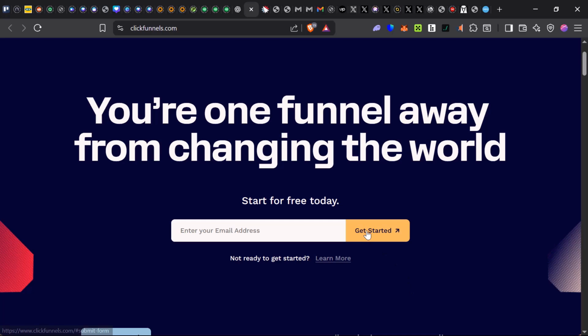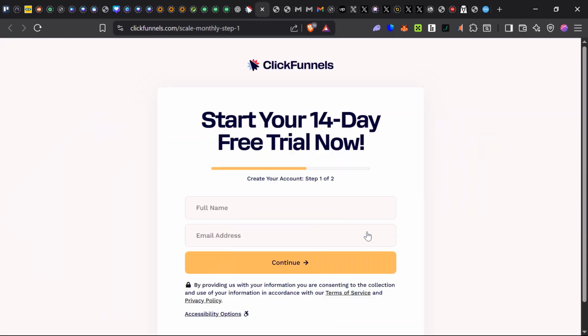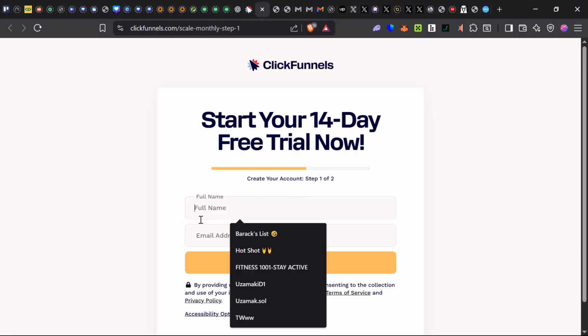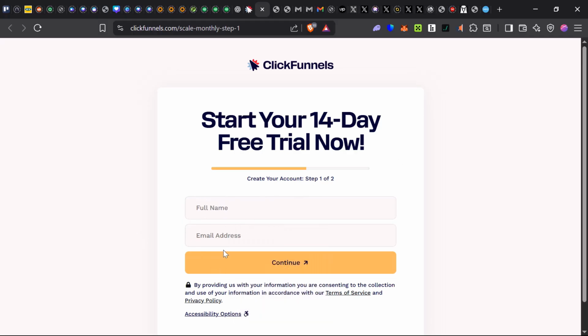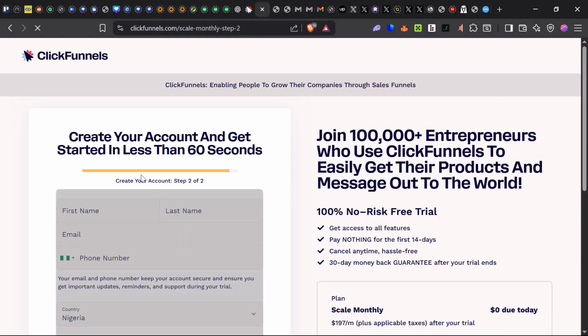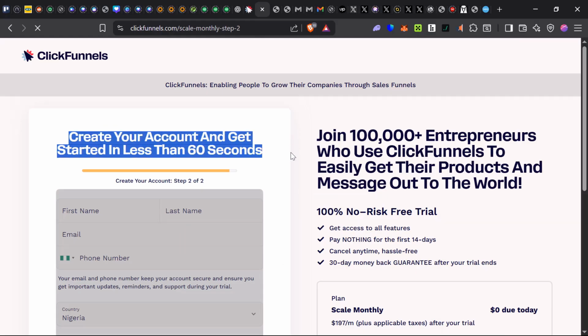All you need to do is go ahead and click on get started here, and you'll be taken over to this page where you start your 14-day free trial. So go ahead and create your account. You're going to have to enter a full name and then enter an email address and click on continue. Make sure to read their terms of service and privacy policy. I'm going to show you what comes up next once you've entered your details and you're done signing up. All right, guys. On the next page, we have create your account and get started in less than